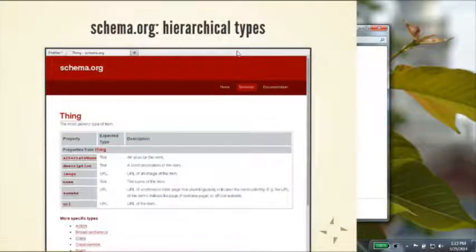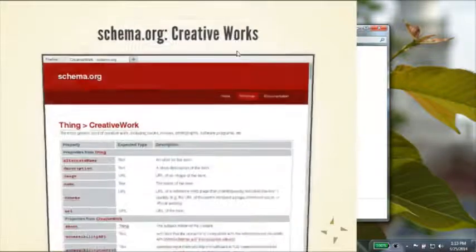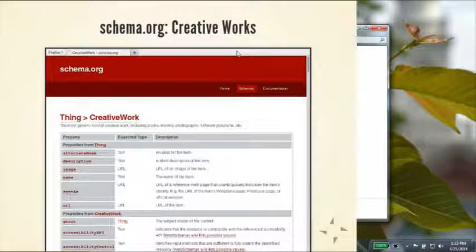So if you're not familiar, it's worthwhile taking a really quick look. I'd encourage you to take a look at this yourself. This is at schema.org/thing. A thing is the type from which every type in schema.org inherits. So you've got just a handful of properties there, things like description, name, URL. And you can see at the bottom there are more specific types, right? So we're going to specialize as we go down, inheriting all the way along. For libraries, we're primarily interested, I think, in creative works, that category. That's the first level of inheritance from thing. And it mixes in properties like about and accessibility properties that were recently added to the schema.org vocabulary.